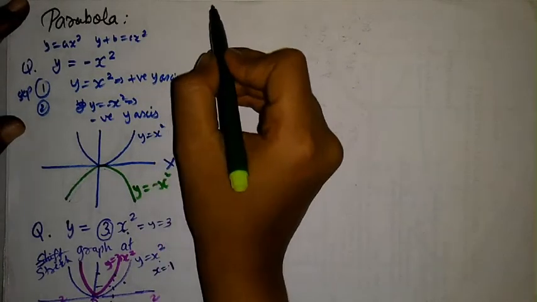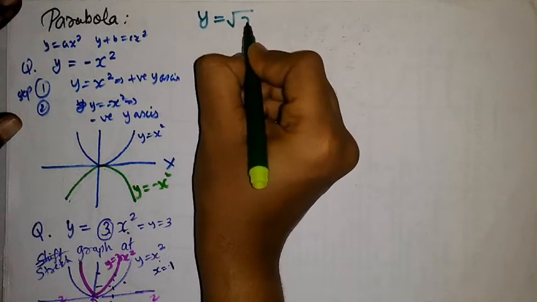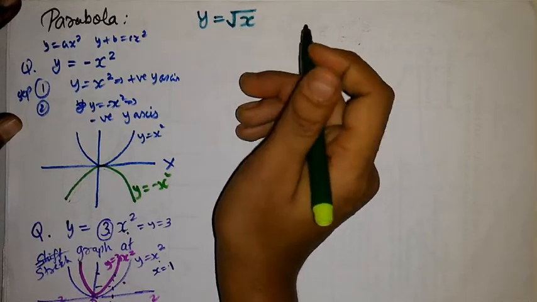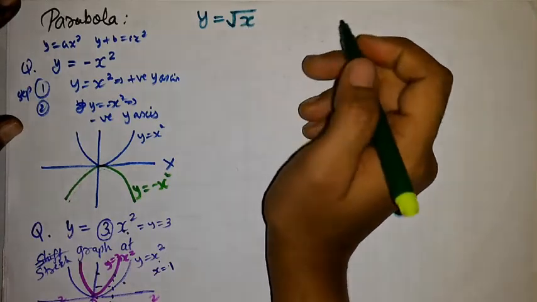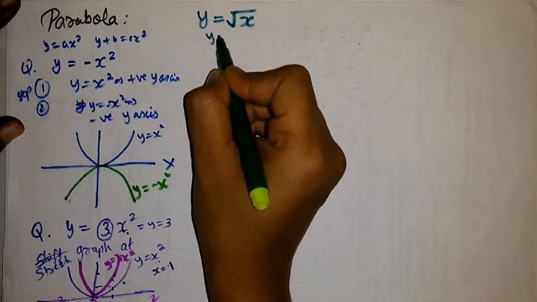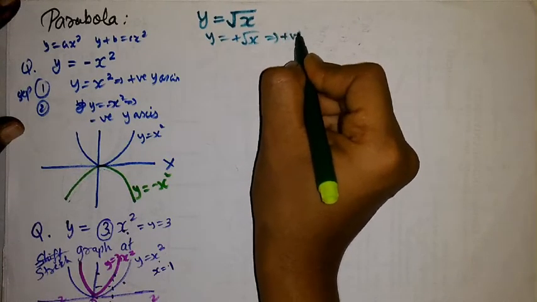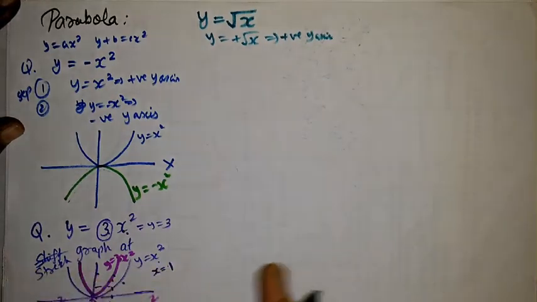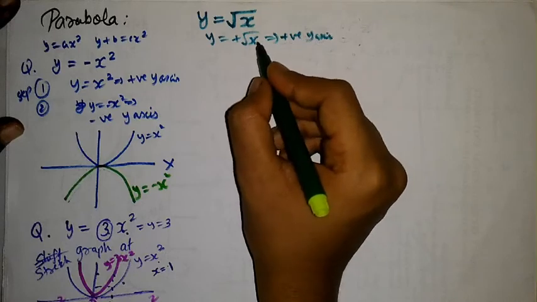Now when you are asked to draw the graph of y is equal to root x, I have seen that many students make mistakes in drawing this graph. They don't know how to draw the graph of a root, because they have only learned to draw graphs of square, cube and so on. So how do we draw this graph? Here we can see y is equal to positive root x, so make sure this graph will lie on the positive y axis. That means it will be in the upper half of the x axis; you can say it will be in the first or second quadrant. By this conclusion we came to know.